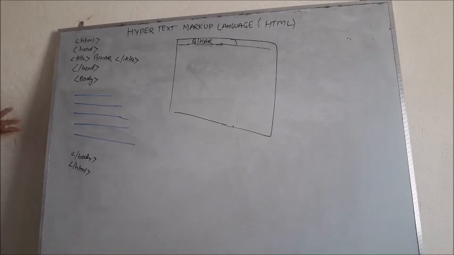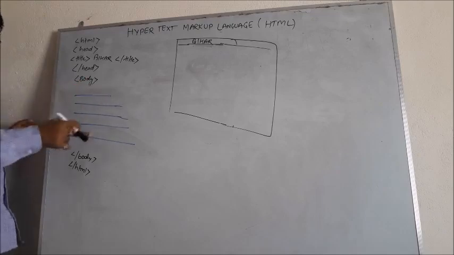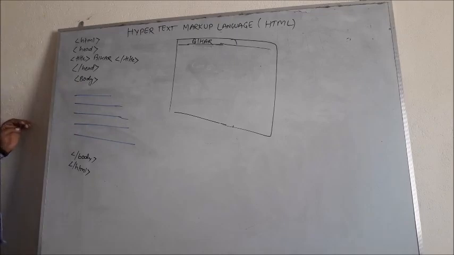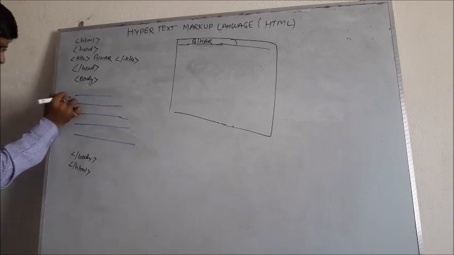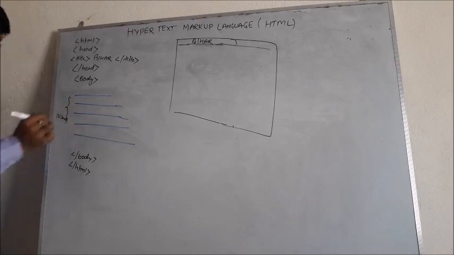Suppose this content, which I have written with the blue line, is 5, 6 or 10 lines of content. This is your 10 line content, right? इसको मुझे अगर 2 पैराग्राफ में बांटना है तो मैं इसको किस तरीके से यूज करूंगा,